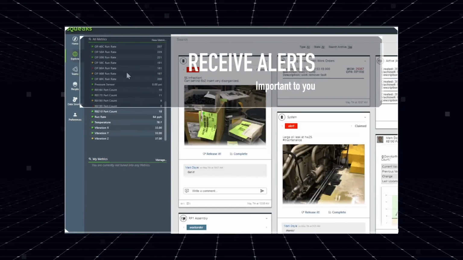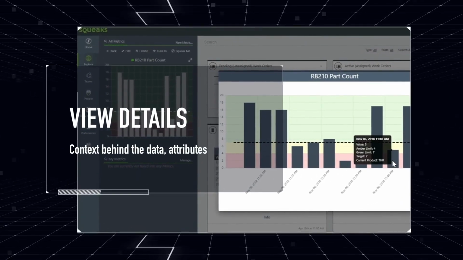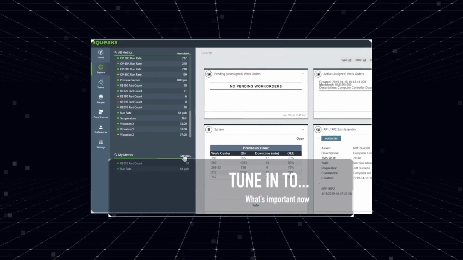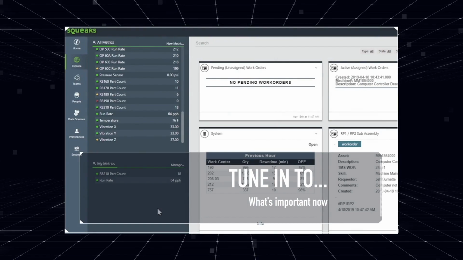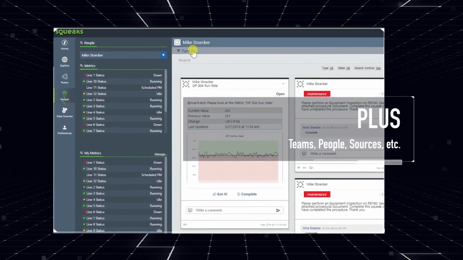power to see what's happening in every corner of your plant, along with the ability to view the details and context behind the data along with key attributes, and the ability to tune in to what's important now. And just like you tune into metrics in certain conversations, you can join or tune into teams, people, and data